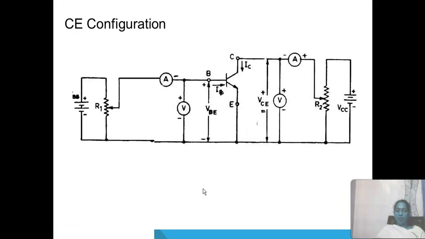The input characteristics curve gives the relationship between the base current and the base to emitter voltage VBE for a constant collector to emitter voltage. These characteristics may be obtained by using the given circuit as shown in the figure. First of all, we adjust the collector to emitter voltage VCE to 1 volt. Then we increase the base to emitter voltage VBE in small suitable steps and record the corresponding values of base current